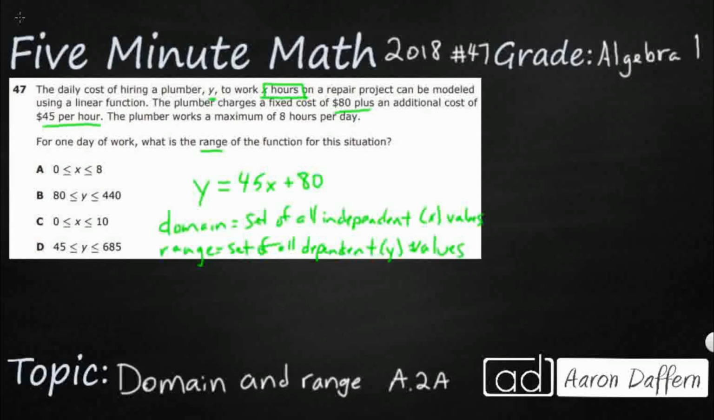So we need to find the range. We can't really do it without the domain. Let's figure out that domain first. So the plumber works a maximum of 8 hours per day. Remember, x is our number of hours. So our domain is going to be,